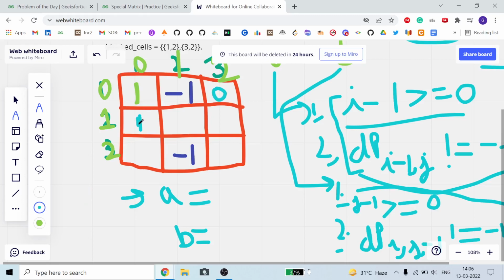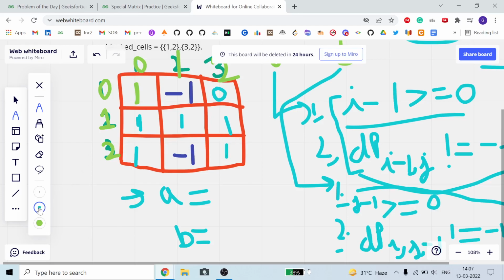Here it is 1, and now we are at 1 comma 1. From 1 comma 1 we cannot come from above, but we can come from here, so it is 1 plus 0, equal to 1. From here we can come from 0 comma 1, which is 1. On this side it cannot exist, the above side exists, and it is equal to 1. Here we don't need to update.